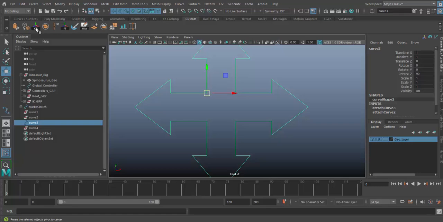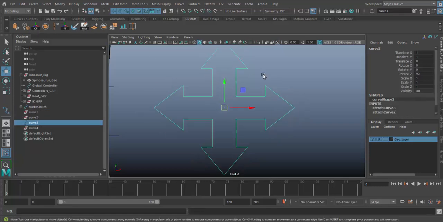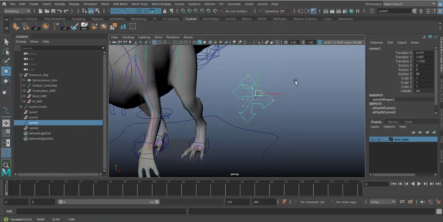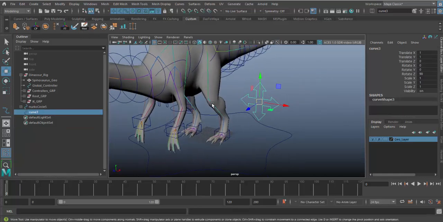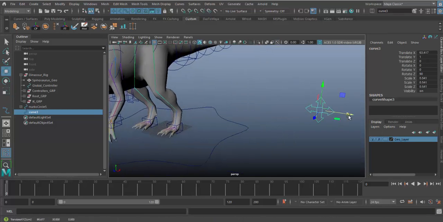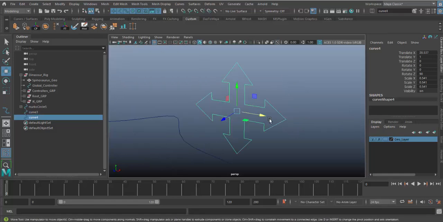Now we need to center pivot and delete history. It's important to delete history. You can't move this guy, you need to delete the history in order to move it. So here is the original one and we can copy one of them, if you want to make it a little bit